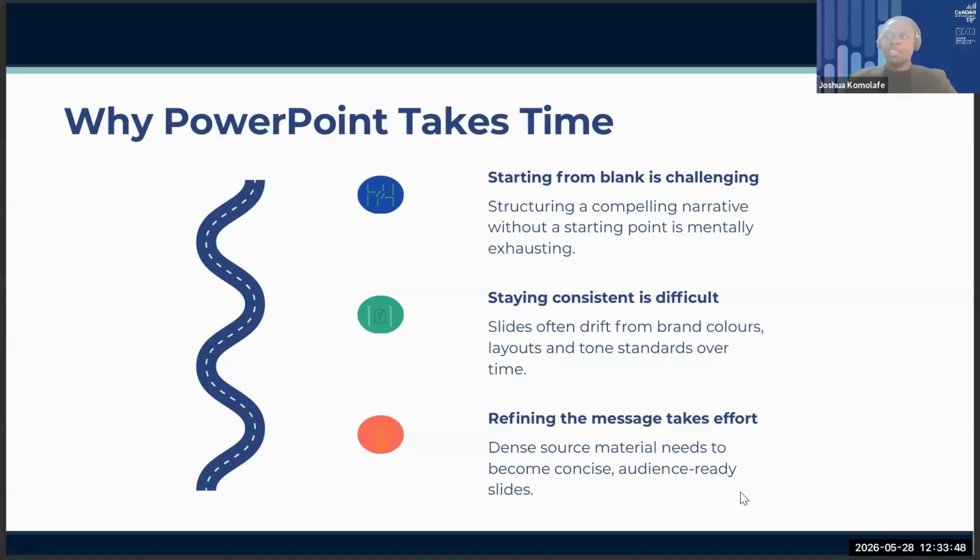So it can be challenging trying to start from a blank page to create a slide. And then there's also the difficulty of staying consistent with your organizational template. Like in our own organization, we have a template that everyone is expected to adhere to, and it can be difficult trying to generate a slide from scratch and trying to move around the logos and the images that are expected to be included in